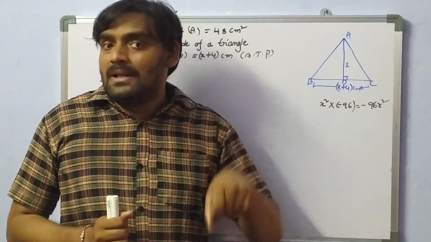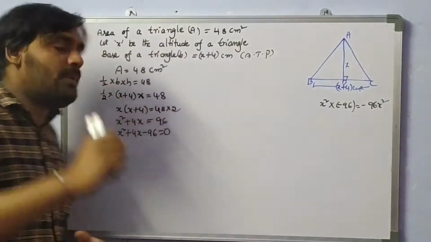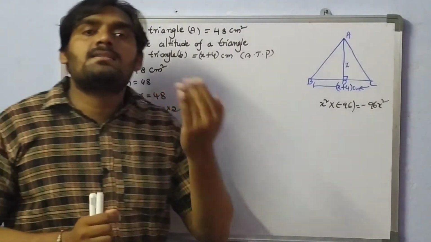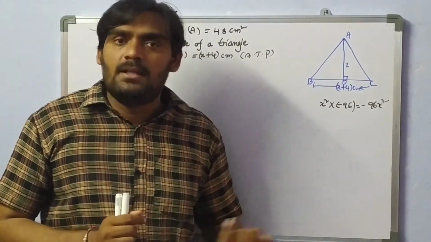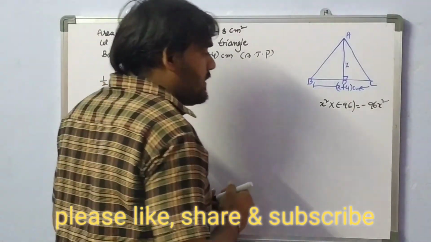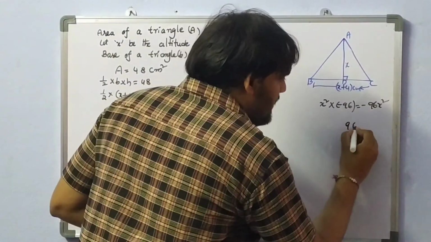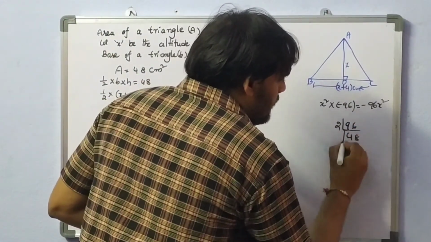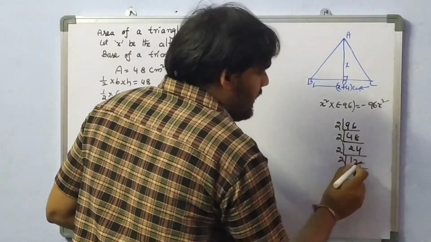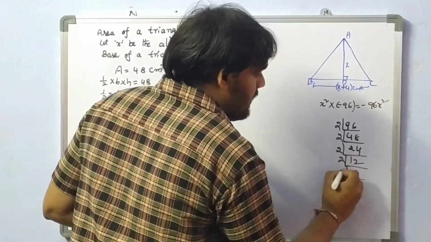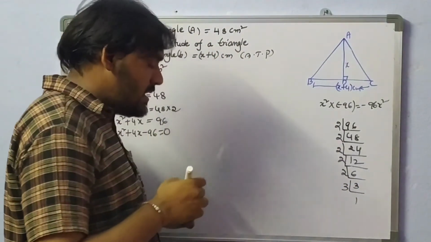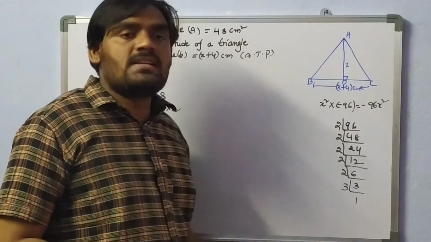For which term we need to give plus and for which term minus depends upon the middle term. Here the middle term is plus 4, isn't it? For the larger factor of 96, we need to give the plus symbol. For the smaller factor of 96, we need to give minus. Now, find the factors or prime factors of 96. It will be easy. So, 2 24s are 48, 2 12s are 24, 2 6s are 12. When you divide by 2, it becomes 6. Take 2 3s. Now, 2 2s are 4, 4 2s are 8, 8 2s are 16, 16 2s are 32, 32 3s are 96.